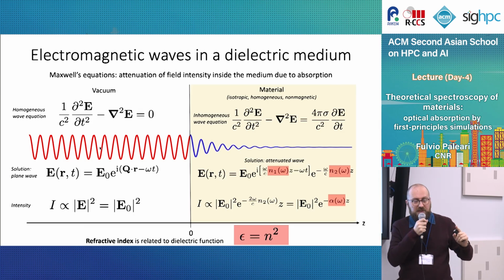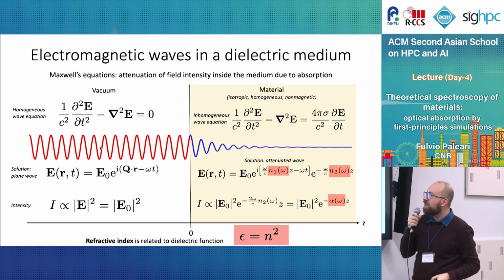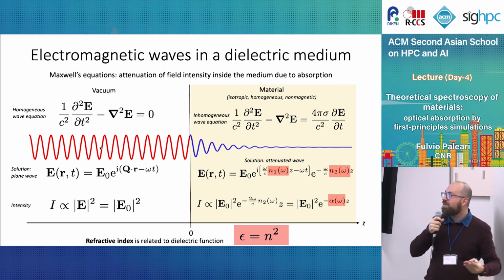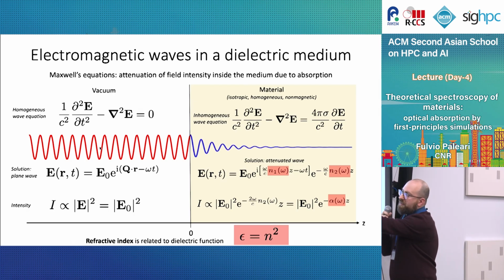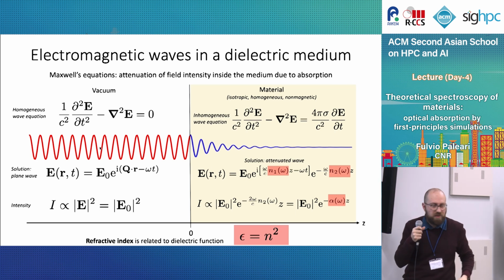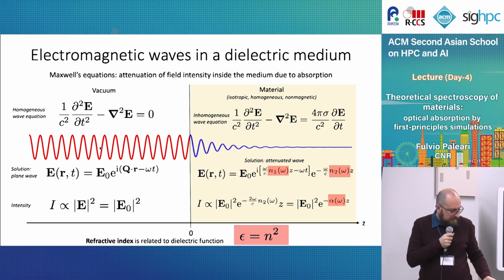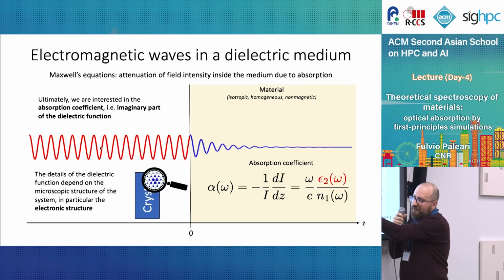But then we have a second part of the solution, which is a real exponential, depending on the imaginary part of the refractive index, which is connected to the dielectric function. And it is this part, the most important part, that gives the attenuation of the wave inside the system. In fact, if we calculate the intensity now, this part does not go to 1, and we can lump all this stuff into one single function called alpha, and you see that we have exponential attenuation. This alpha is called the absorption coefficient, and gives exactly the exponential attenuation.